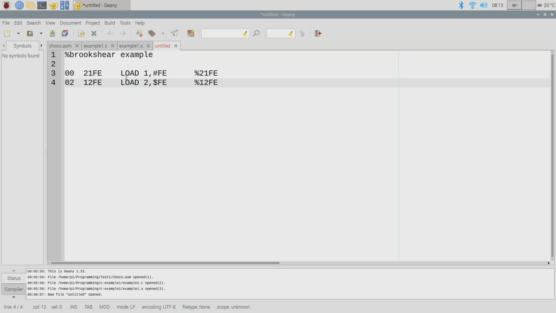Did space influence the code? No, because, so the thing with Brookshear, to actually make this run, what do we have to do? To actually execute this, what do we got to do? Yeah, we got to put it in the emulator, right? And there's no automated process to do that yet because I still haven't gotten around to it.